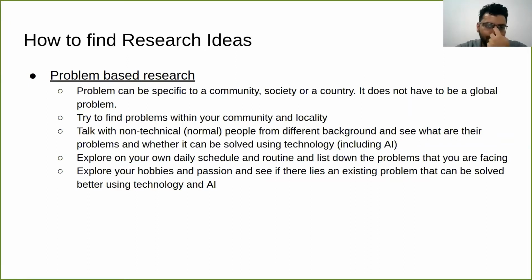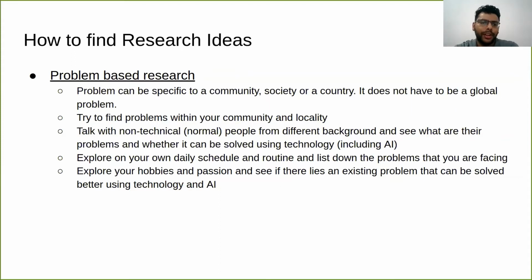If you're trying to find ideas based on problems, we can find problems in a specific community, or in the city that we are living in, or in the neighborhood, or even in Sri Lanka. It does not have to be a global problem. Like I mentioned, it's better if it's a global problem that you're trying to solve and improve.